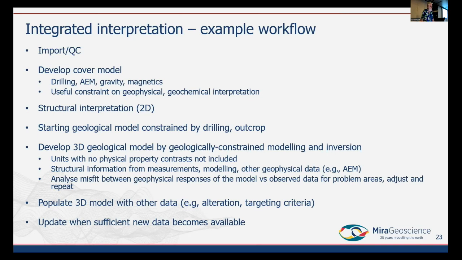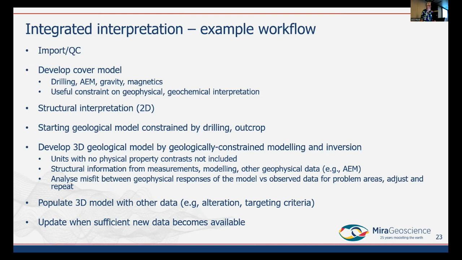Then we can create a starting 3D geological model, which will have a cover. It'll be constrained by drilling and outcrop. We can start putting contacts in there from the structural interpretation. If we don't have any information on the dip of those contacts, we can assume for starters that they're vertical and fix it up later as we get into the modeling.